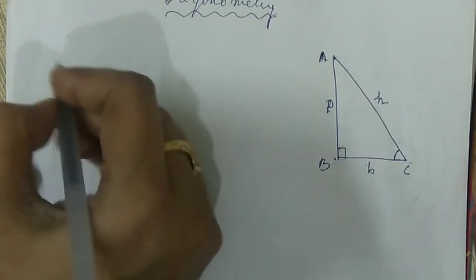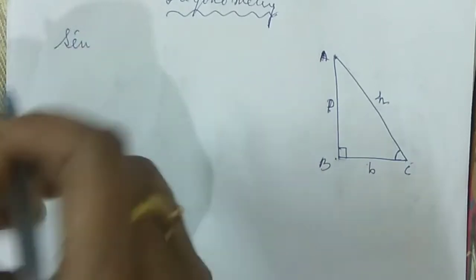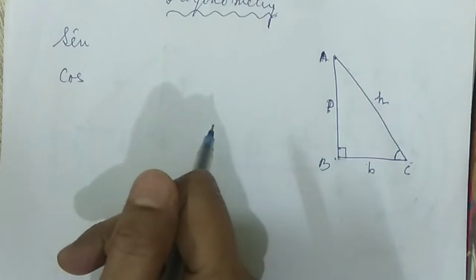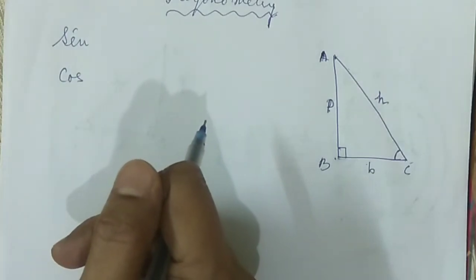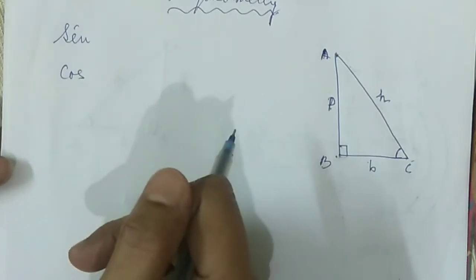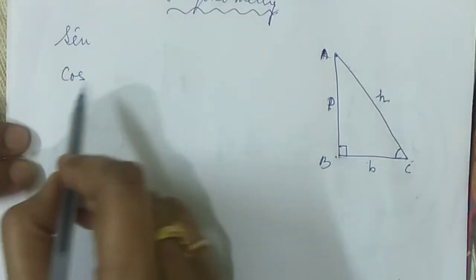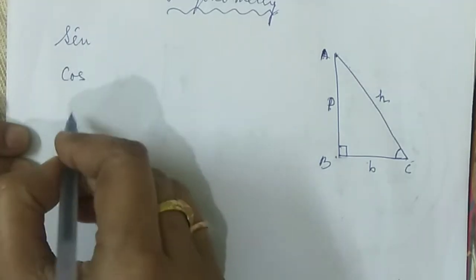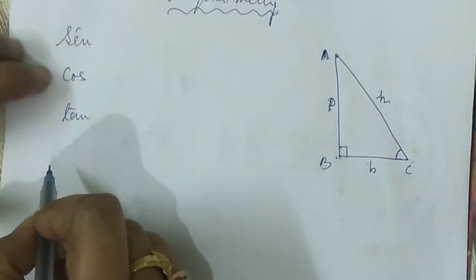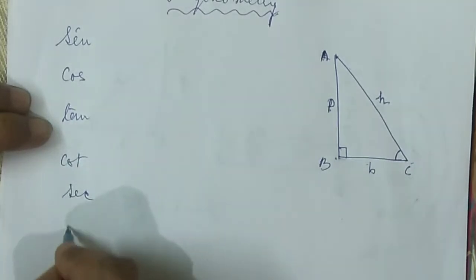Now what are the trigonometric ratios? The trigonometric ratios are sine, cos. This at least you have to learn, otherwise you are not able to learn any formula, any values. You can get it easily just by knowing some of the tricks. Go on following with me. Sine, cos, tan, this you learn serially. Sine, cos, tan, cot, sec, cosec.